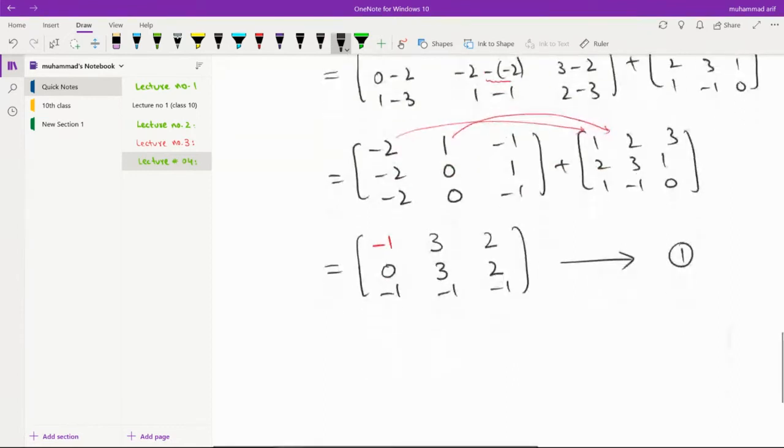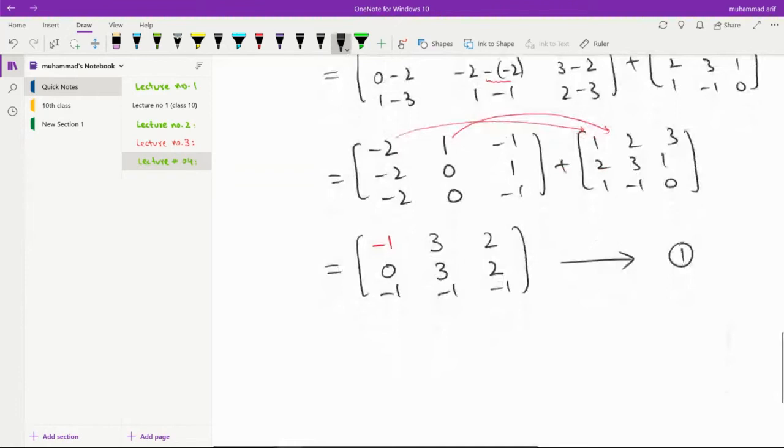Similarly, we solve right hand side. Now we solve right hand side. Right hand side is C plus A minus B. Replace the matrices: C plus larger bracket A minus B.